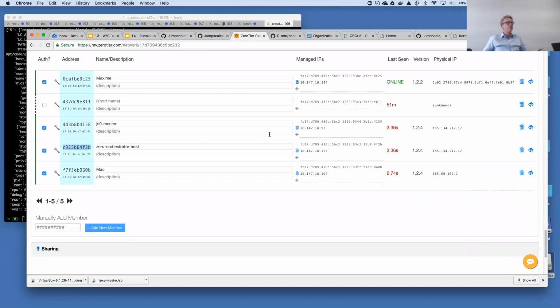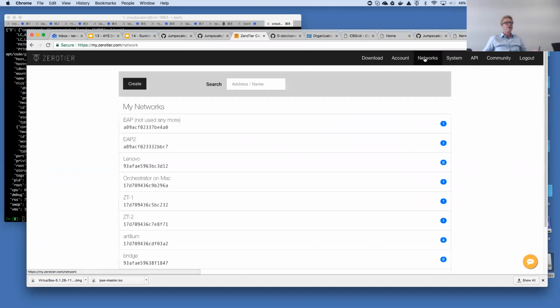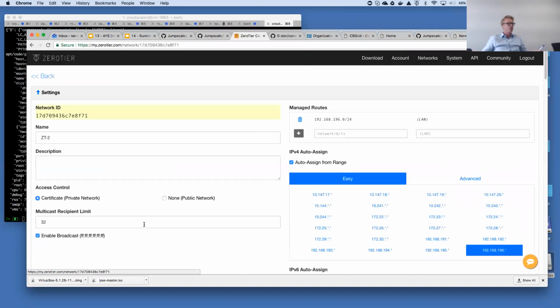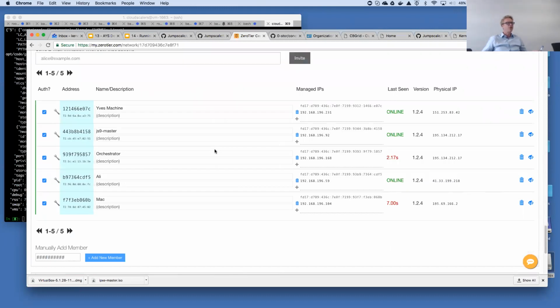So remember the 2B. What I expect, if the installation goes well and I go to networks, is that it also connects and joins into the other ZeroTier network. Right? And what I see here is that it's not. So there is clearly something wrong with my setup. On the other hand, I see the orchestrator here, which is okay.